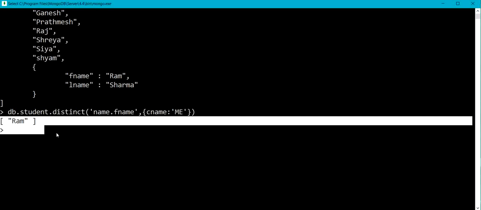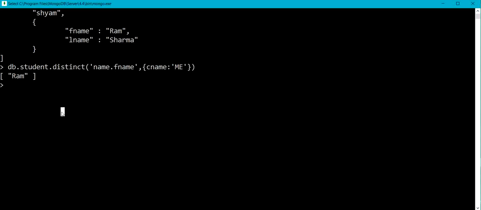Now let me start with aggregation pipeline. So what is pipeline? Aggregation pipeline is where each operator receives a stream of documents, performs transformation on the selected documents, and then passes on the results of the transformation.